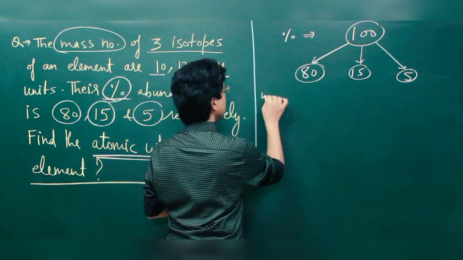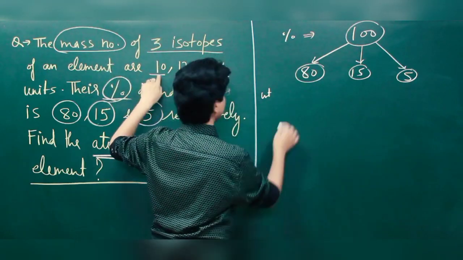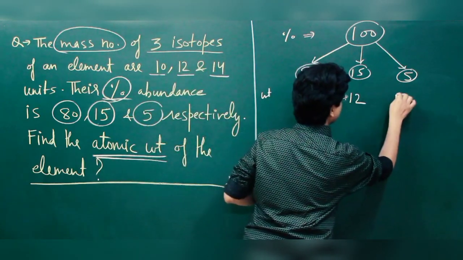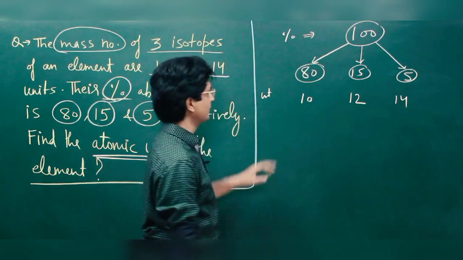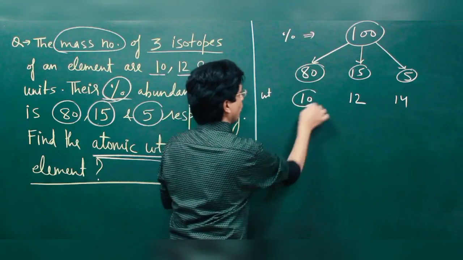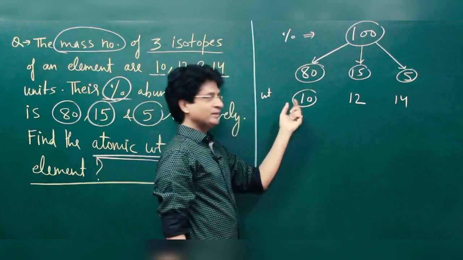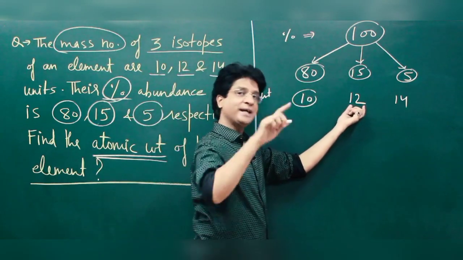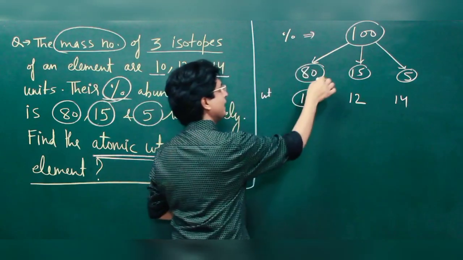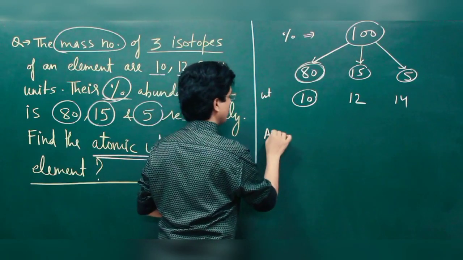Now their individual weight is how much? Atomic weight of the first isotope is 10, that of the second is 12, and that of the third one is 14. Is that clear? Now listen to me carefully. This is the weight of one atom of the first isotope. This is the weight of one atom of the second isotope. This is the weight of one atom of the third isotope. So how many atoms of the first isotope am I having? 80. So let me find out now the average